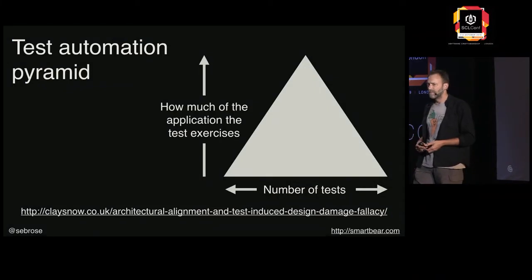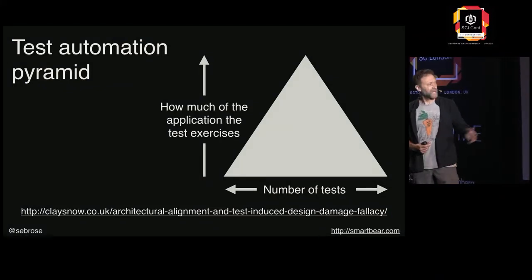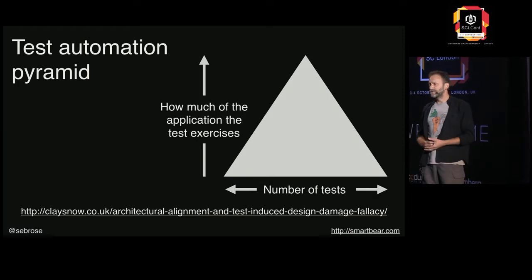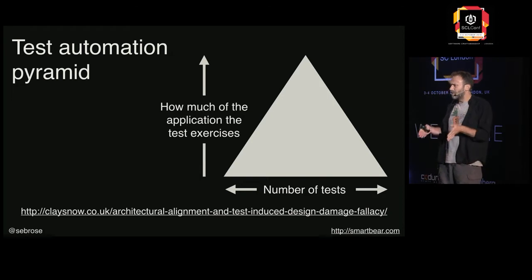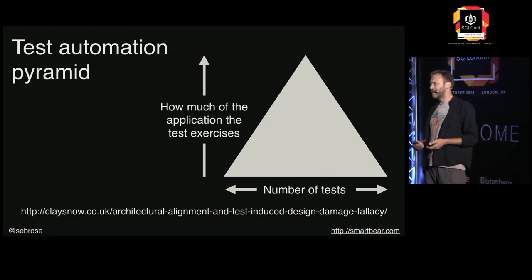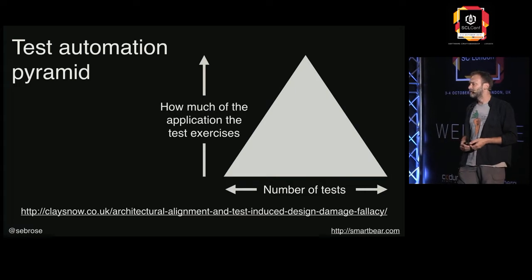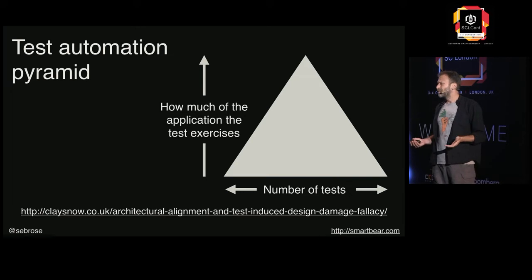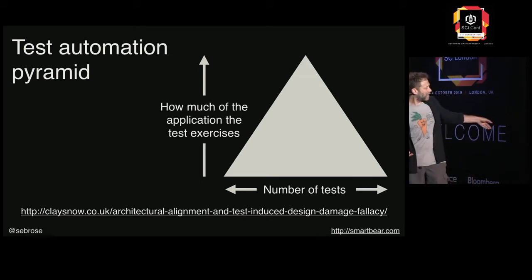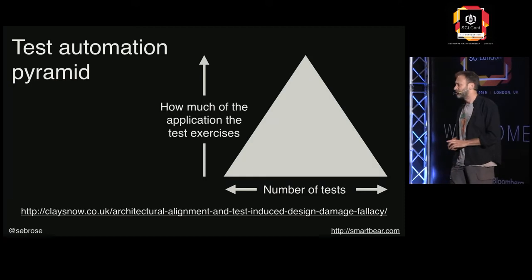You're testing everything, right? But that's not what we want to do, and that's not what this pyramid is trying to show. So the way I think about this test automation pyramid is it's a triangle, not a pyramid. It's a metaphor. It's trying to help us understand what we're doing in the test automation space. And it basically says the foundation of your test automation strategy should be tests that don't exercise that much of your application. So they should be focused on small bits of functionality to give you fast feedback that is easy and immediate to diagnose. And as your tests exercise more and more of the application, you want fewer and fewer of them. There's a link to an article that I wrote about it a number of years ago that you can find on my website.